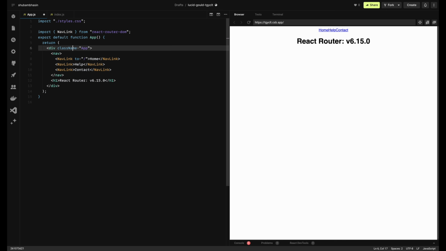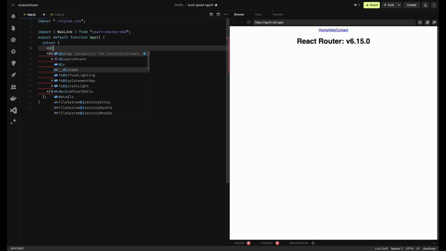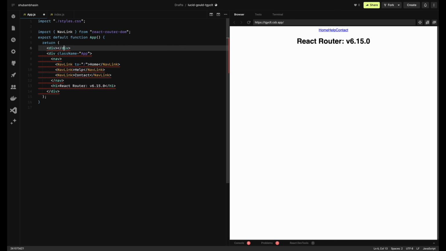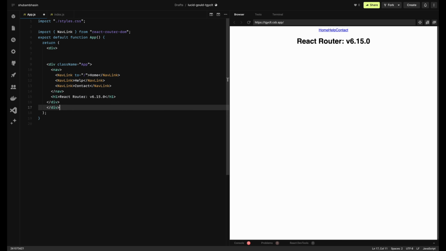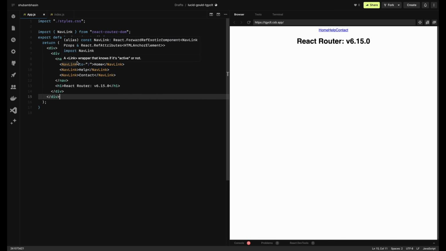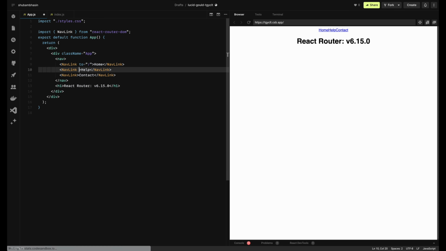okay, there is another way of doing this. I think I will, okay, I will wrap this app with another div, right? And here, if I, okay, I'll just cut this and I'll paste it in the bottom. I'll tell you why I did that. Got it? So again, this would be the app component, but I think it will not make sense. Let's see. So this will take us to slash help. And there is another thing, contact, and if we configure this as well, this takes us to the contact section,